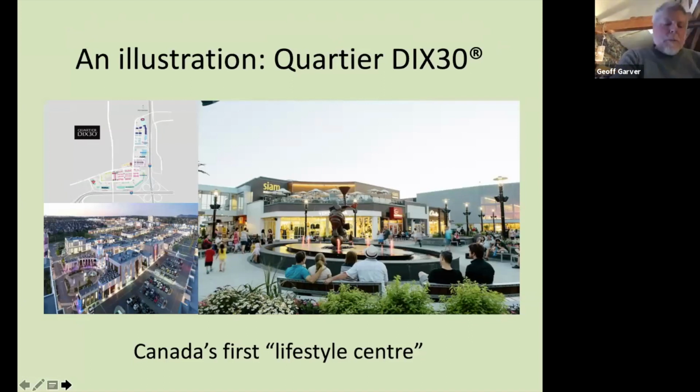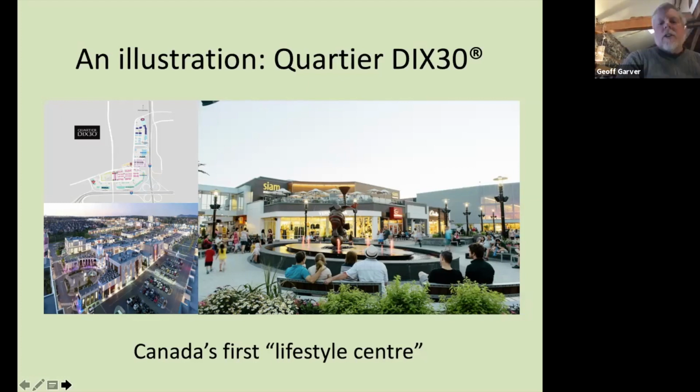So one is a place just down the road from me here in Montreal called Quartier Distrant. I put the trademark symbol in there. It's what's used on their website, and it really just kind of puts the accent of what this place is all about. So it's called the Distrant because it's at the intersection of Autoroute 10 and Autoroute 30, and it's